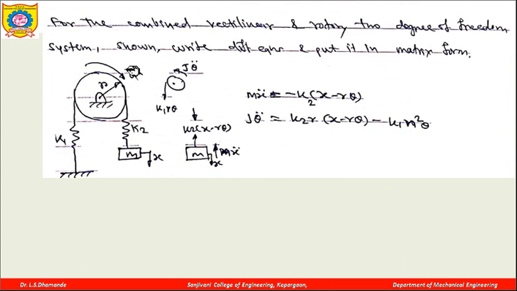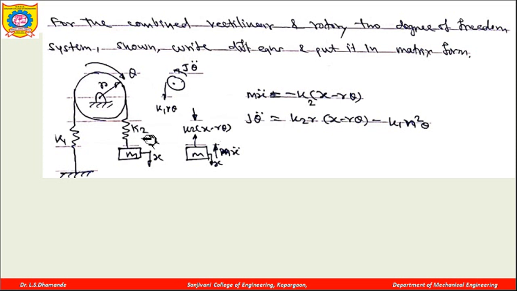Now we take one more example. This is an example of a combined rectilinear and rotary motion, a 2 degree of freedom system. So we have to write the differential equation of motion first for this, and then convert it into matrix form. You can see here there is one spring, and a string is attached to the spring, and that string is passing over this particular pulley, and on the other end of that string there